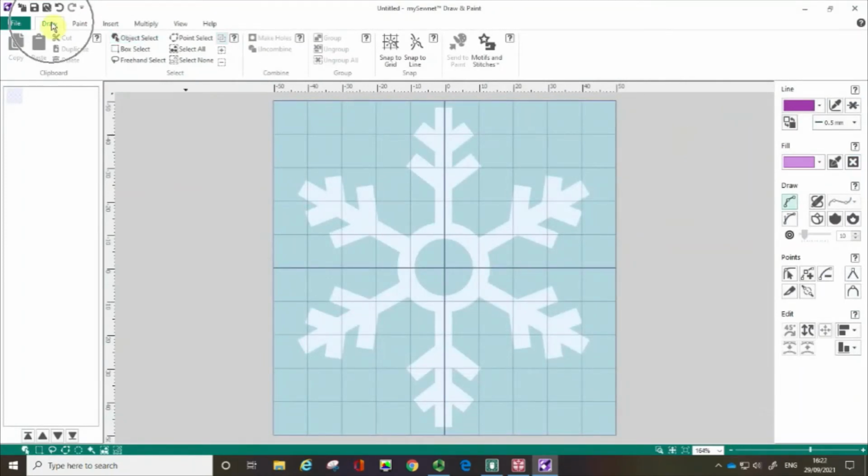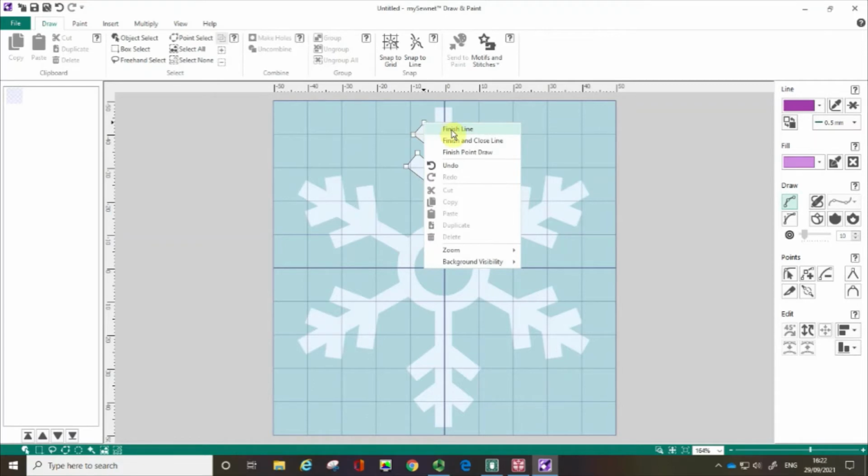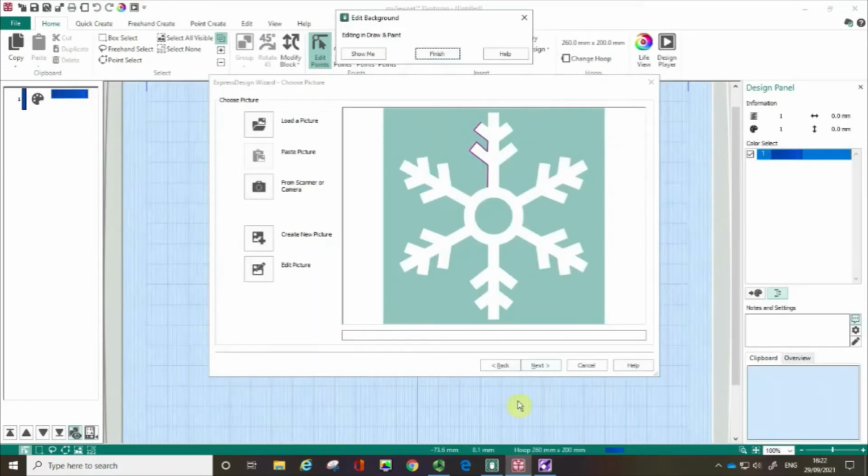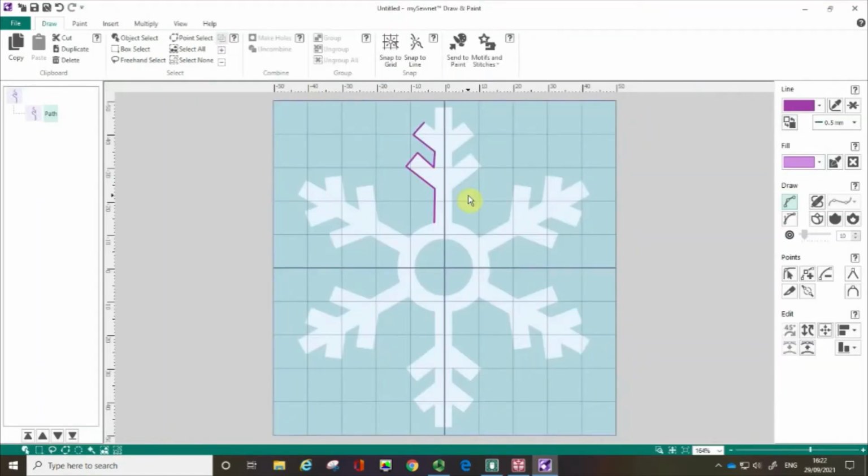So the drawing part of the module allows you to draw with vectors, essentially mathematical points that can be very accurate and clear. You can see, for instance, I've been tracing the outline of my snowflake here. If I do a right click, we get the option to finish line, and for instance if I then go back into the digitizing module down here, you can see that I've got the start of a purple line in here. I'm actually going to do a Control Z and take that line out